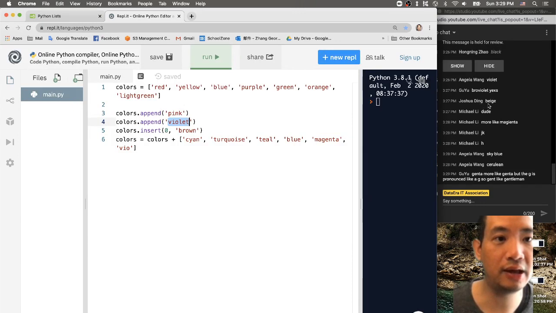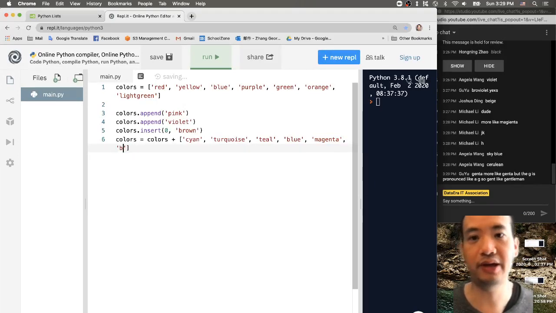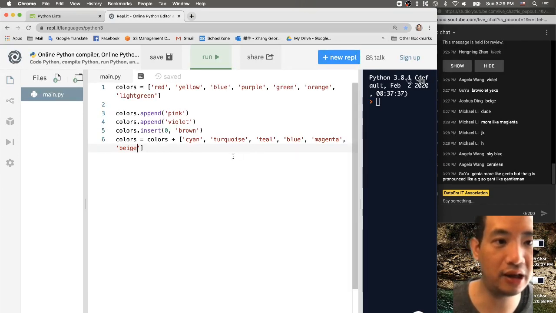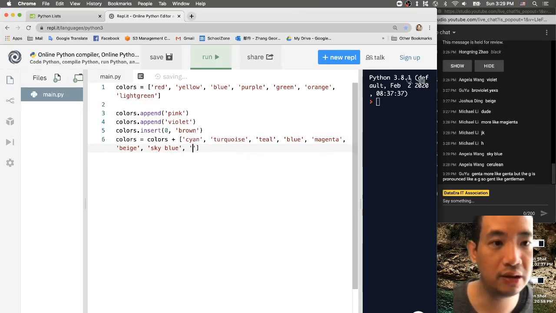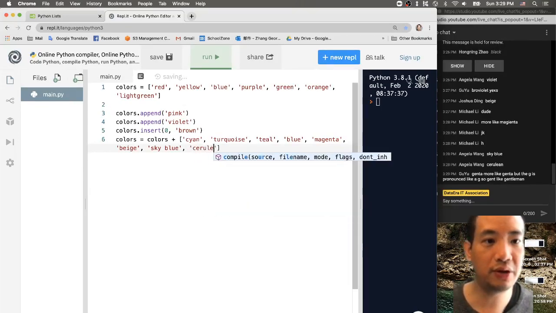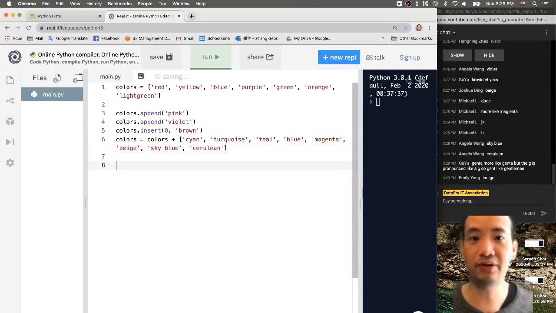And Joshua told me something called beige. Never heard about that. But anyway, I just add sky blue, and Angela told me there's something called sky blue, and again she told me there's something called cerulean. That's cool. And yeah, so far I think we are good enough. So I'm just going to print them out,